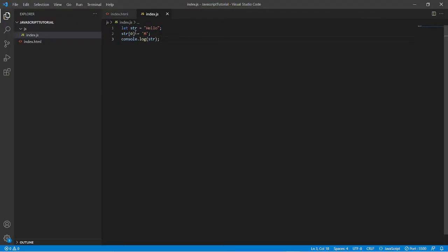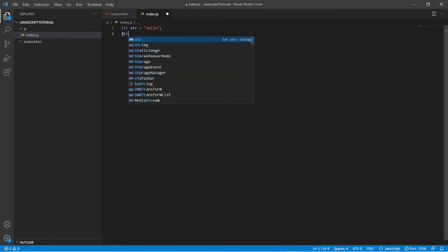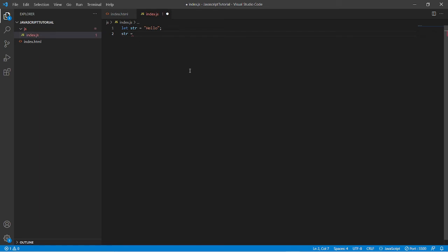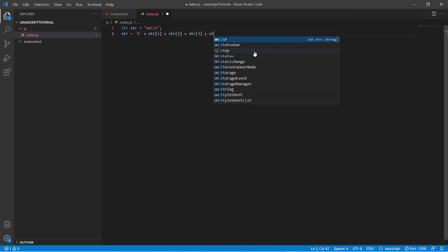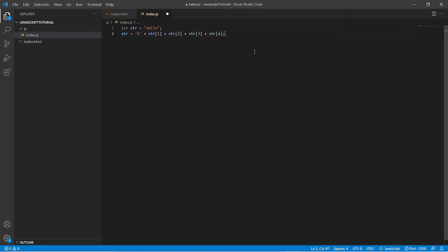As we know, we can assign different values to the same variable in JavaScript. So what we can do is write str equals capital M, then str1, then plus str2, then str3, and the last one is str4.